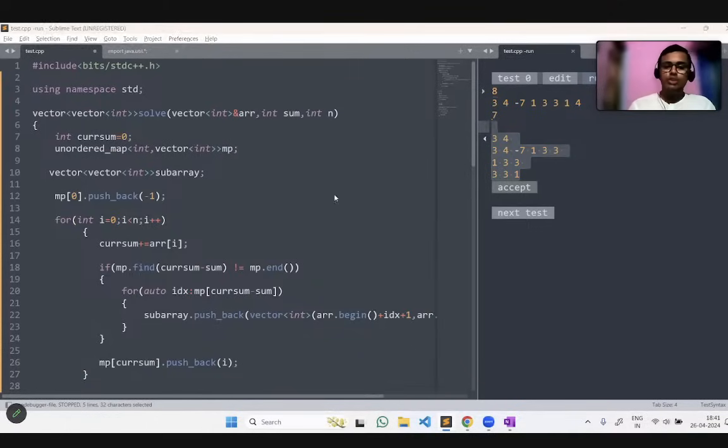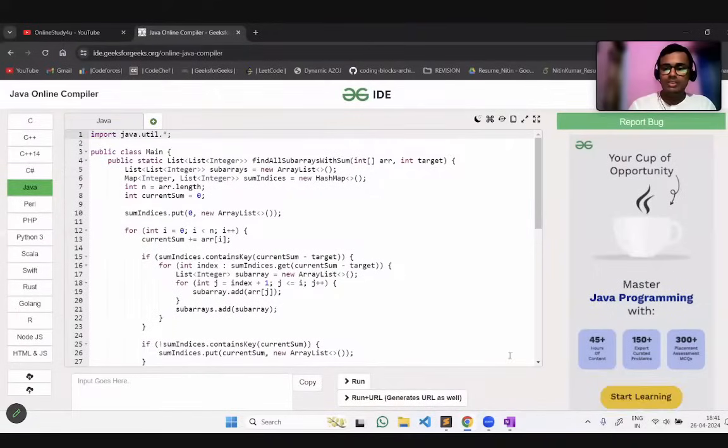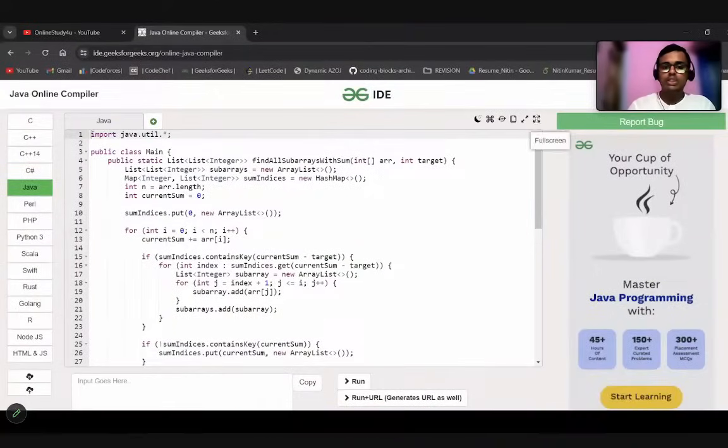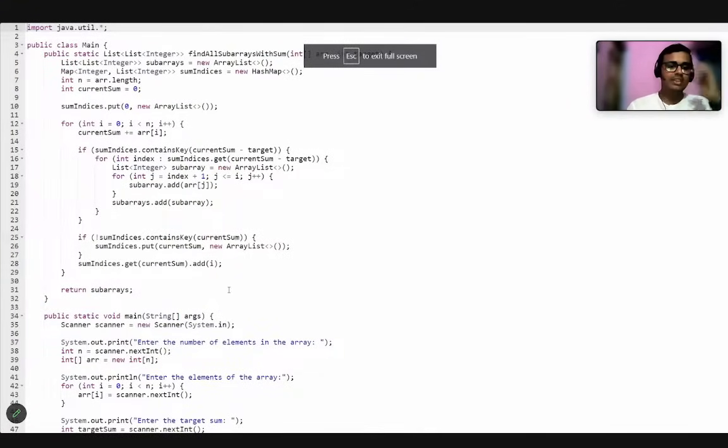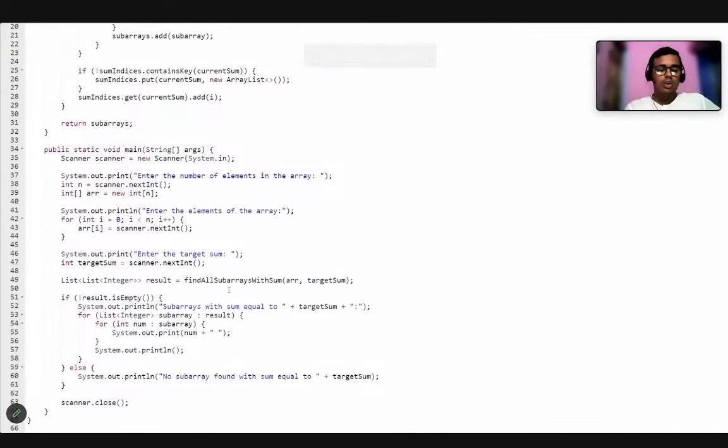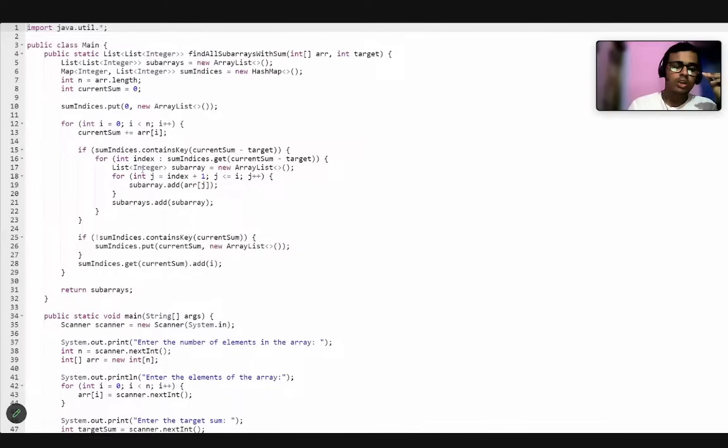Thank you for mentioning that. So let me show you the Java code. The Java code will be the same, okay? Let me just show you the Java code. You can see this Java code. I will share this Java code in the comments if you need it. It is exactly the same code, just some things will be added, okay?